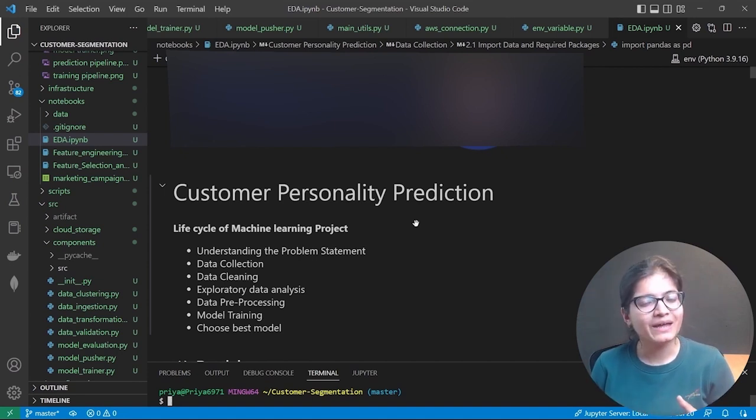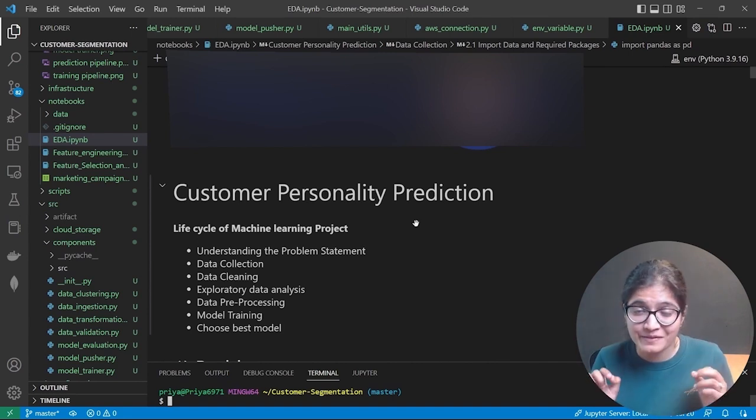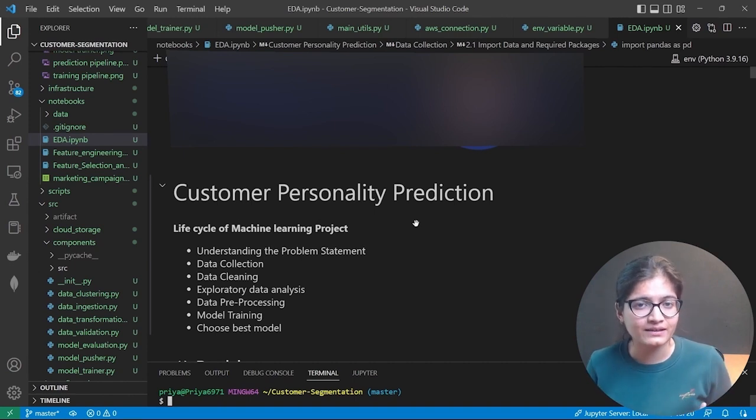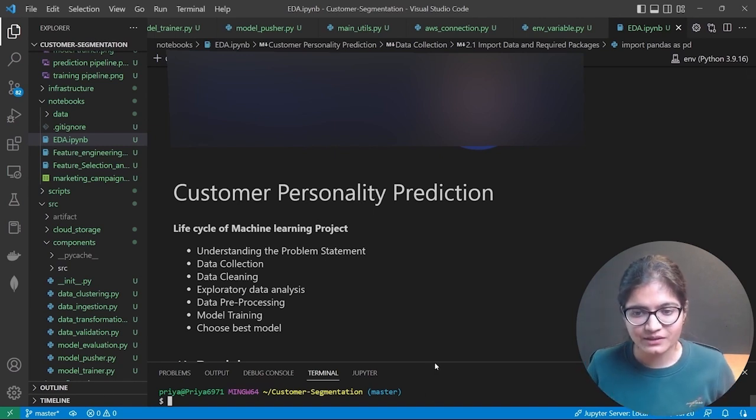But apart from that, my major request to you all is that please try to do exploratory data analysis on your own. Please don't focus on the tools or the things that we are going to use in this file, and I will also not explain all those things in much depth. That is your work, because I'm expecting everyone listening to this project to have a clear idea of how EDA usually happens in any given data set. So let's get started with this part.